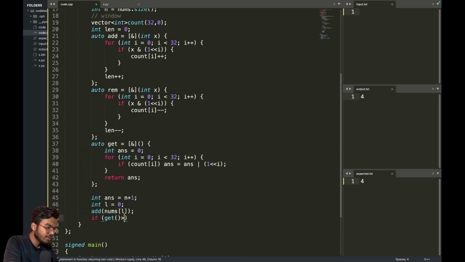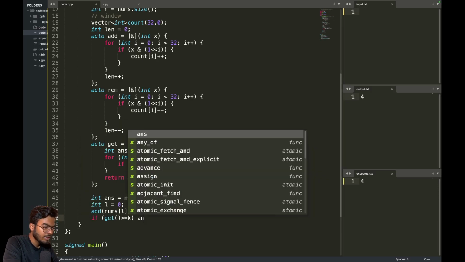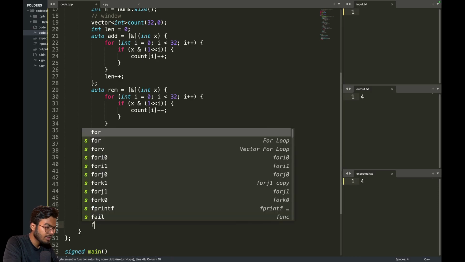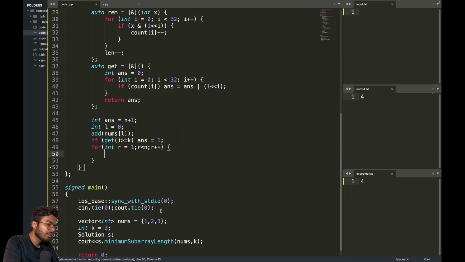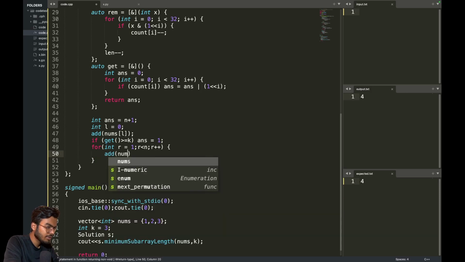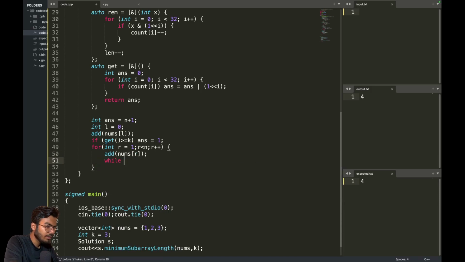If get is greater than or equal to k, then I will say answer equals 1. Otherwise, I will run a for loop, r equals 1, r less than n, r plus plus. Okay. And now I will try to add this new value to the window. So I will say add nums of r, and then while get is greater than or equal to k,